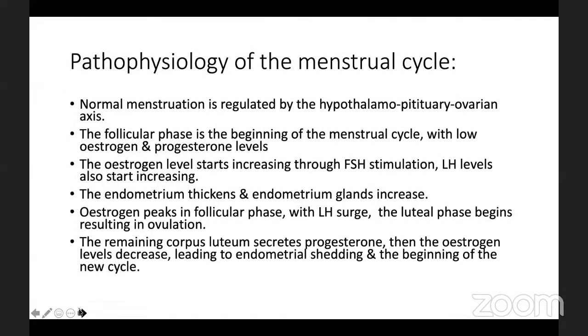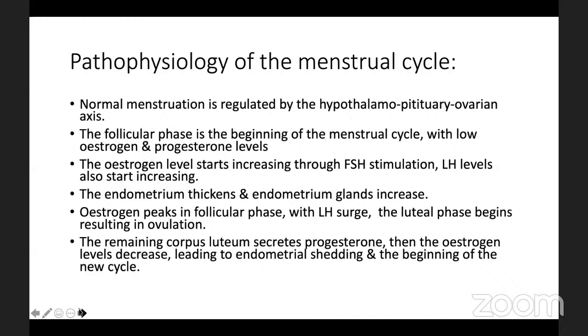Pathophysiology. So I'm going to talk a bit about the pathophysiology of the menstrual cycle. We do know that normal menstruation is regulated by the HPO axis. And then the follicular phase, which is the beginning of the menstrual cycle, all the hormones at that stage are low. Then, due to FSH stimulation, the estrogen level starts going up. So does the LH, going towards the ovulation period, whereby the LH goes up and then there's an LH surge,